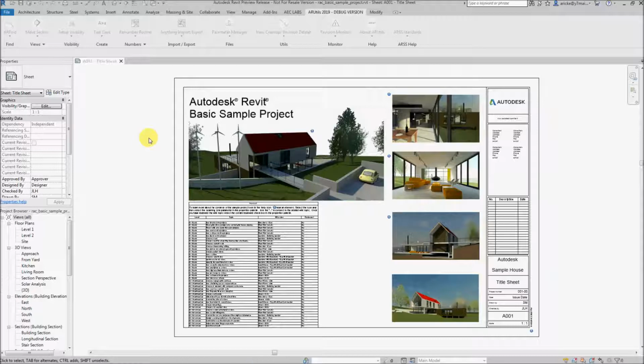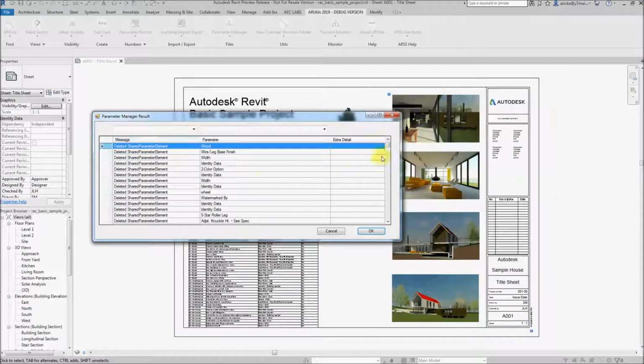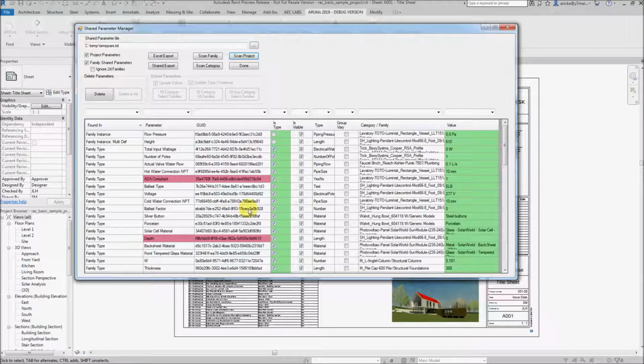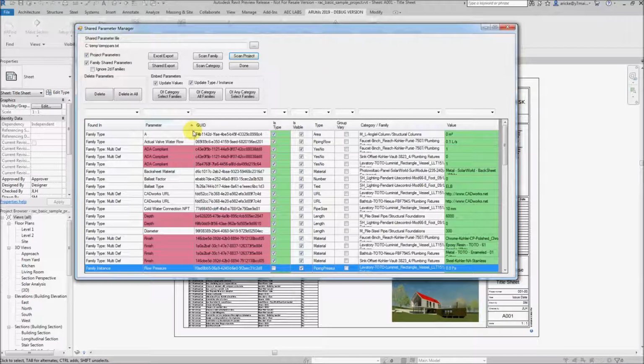So these were just parameters stored in the shared parameter element table within the project, and we now get a result showing that those parameters were deleted. And we'll just clear that filter to show us the rest of the parameters. Okay, so let's just sort by parameter names and see what issues we have. Alright, so we've got this ADA compliant, which appears